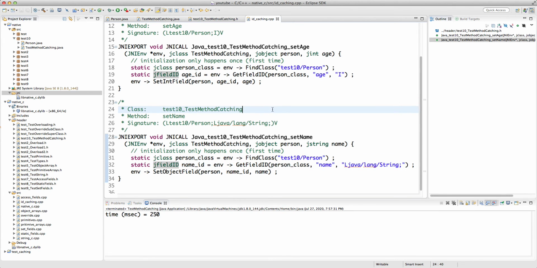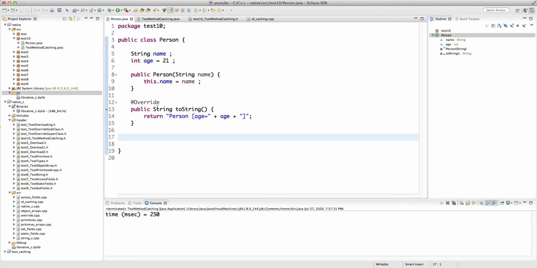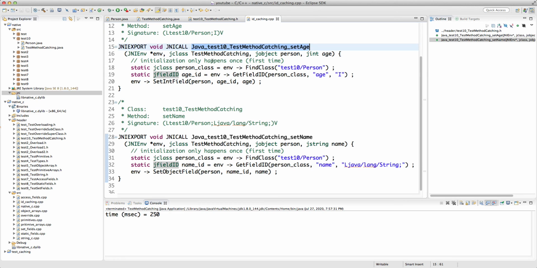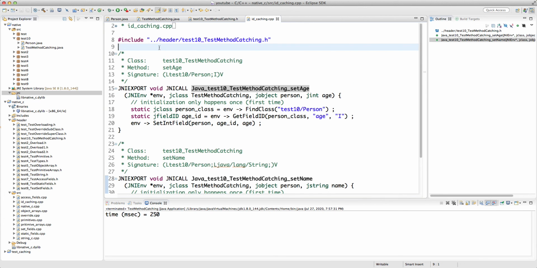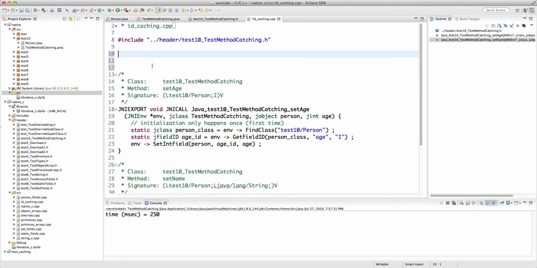But there's also another way. If the person has, let's say, 20 fields, and in each of these functions we have to get access to all of those 20 fields, then it becomes cumbersome to copy and paste all these and put them as a static in each function. So what we do, we define them in a global way right here outside the function, and then cache them basically in a separate function. And basically this is the topic of the